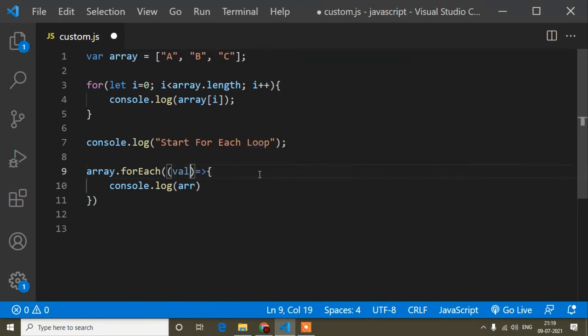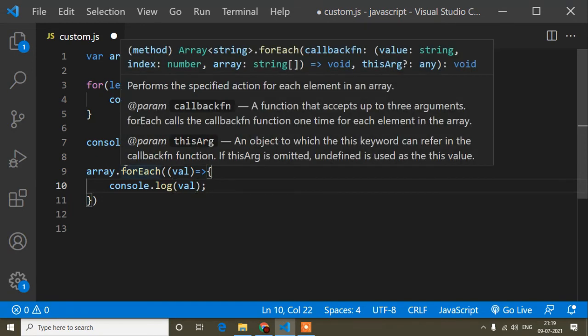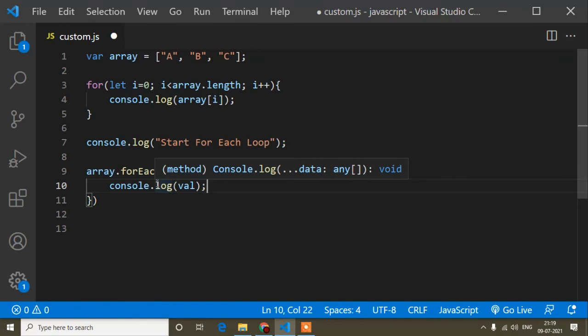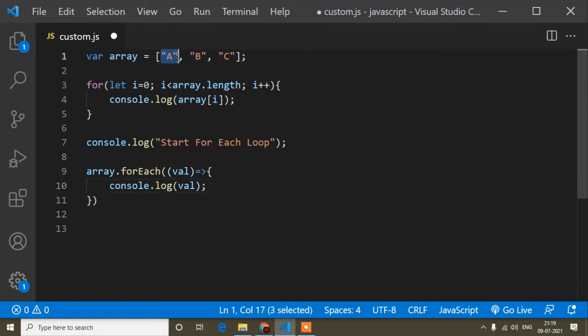So guys, if anyone asks the difference between the for loop and the for each loop, it's clear to you now. When the for each loop executes, every time it takes a callback function for each element.